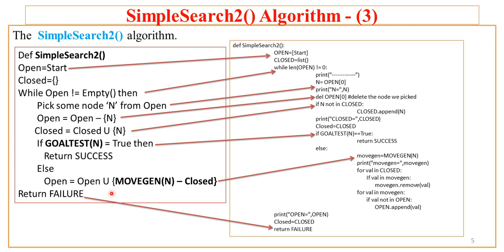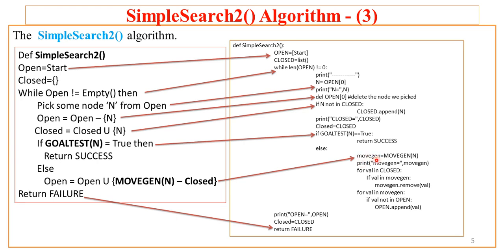Now what is there in the else part? Whatever node we have picked, which is not the goal node, we will try to get the immediate successors of that node, and that is achieved through the moveGen function. So here the moveGen function is called, and these moveGen elements are added to open. But before adding moveGen elements to open, the elements in closed are removed, so that there will not be infinite repetition of the loop. For that, moveGen is called, and these elements are stored in a local variable of this algorithm, called moveGen.